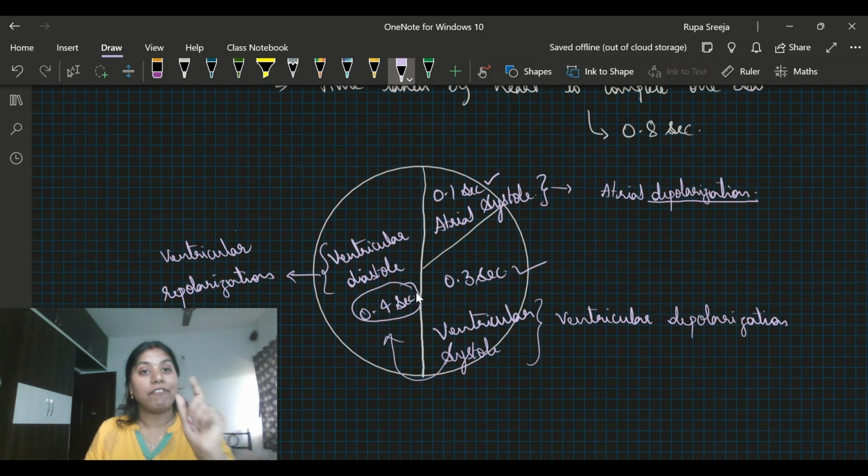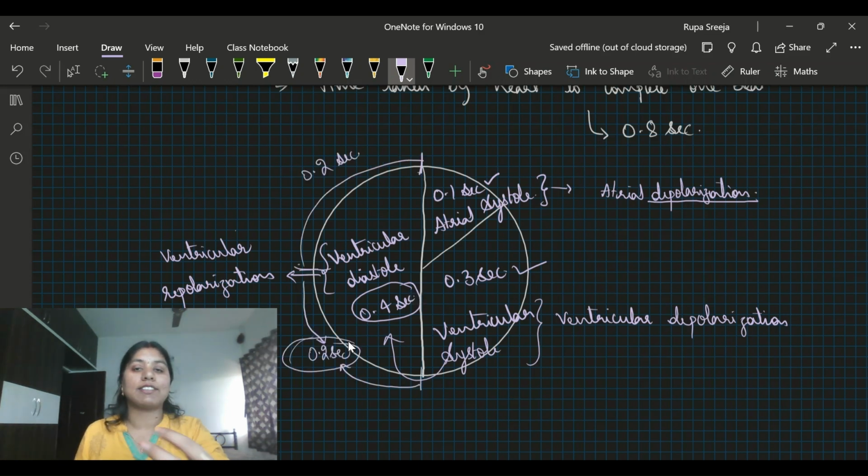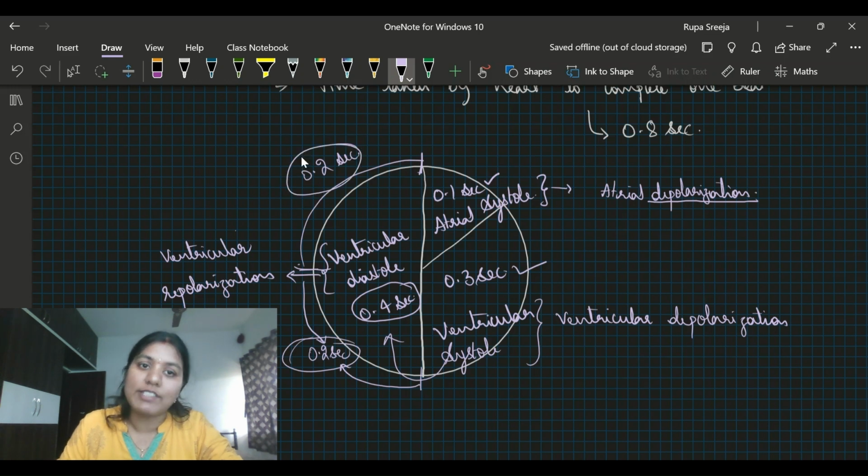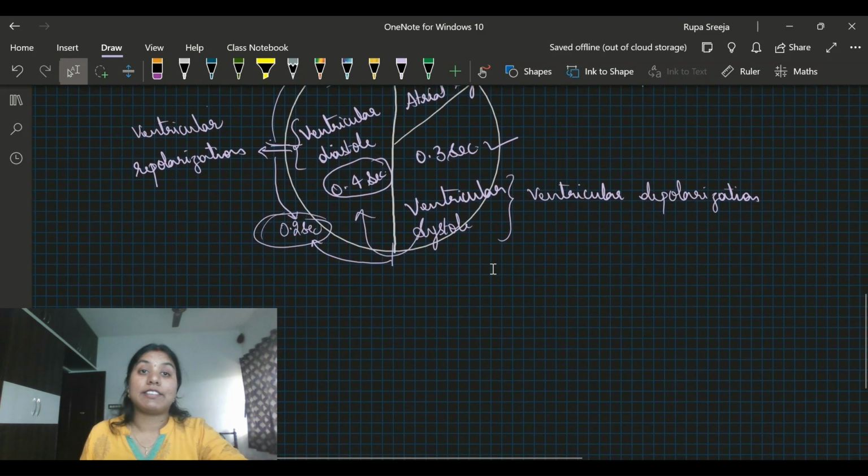If there is a question asking what is the time in which the entire heart muscle is completely in a relaxed condition per beat, or in the cardiac cycle, you can go with 0.4 seconds, where the ventricles are under diastole, the ventricles are relaxed, and the atria are also relaxed. Okay, you are getting it now. So this is about the cardiac cycle, and he might ask you very easy questions, but they might be quite tricky where he changes the question pattern and the terms in the question.